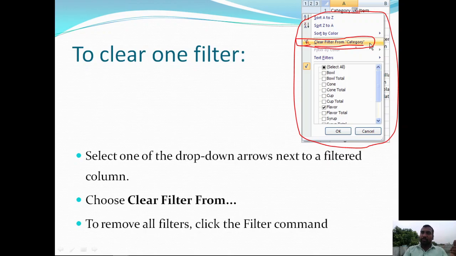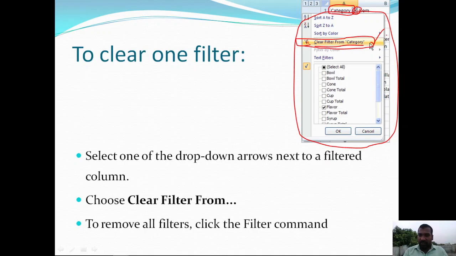If you want to remove the filter on the category column, just go to that column heading, click on this drop down button and select this command. Then that filter will be removed.